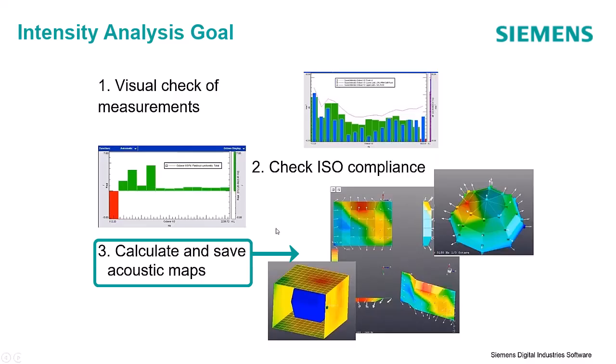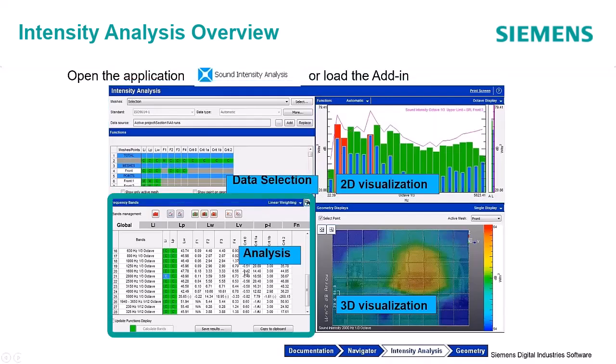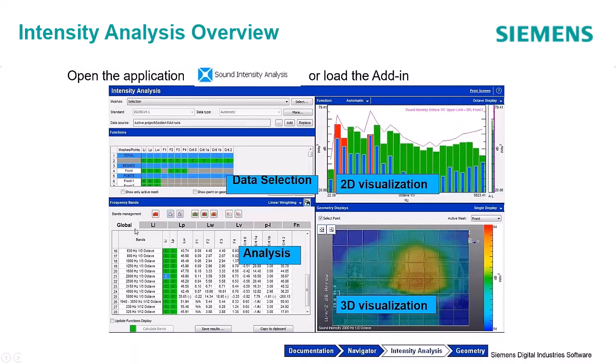So this intensity analysis worksheet is broken down into 4 areas. First is you take a look at the data, then you do the data visualization, and this is where you determine what are the calculations that you want to make on the bottom left hand side, and the 3D visualization of the results is done on this bottom right hand side here. So it's a nice intuitive layout to help guide through the data quality checks and show you the results.